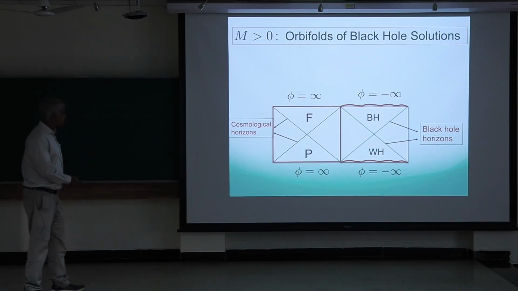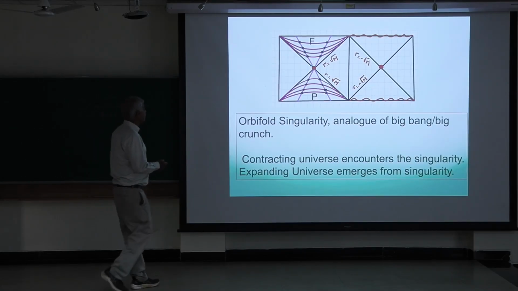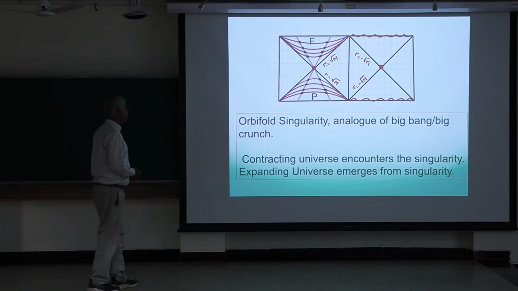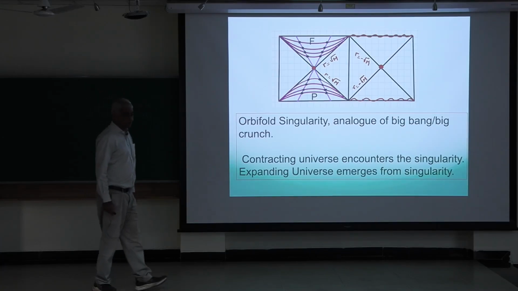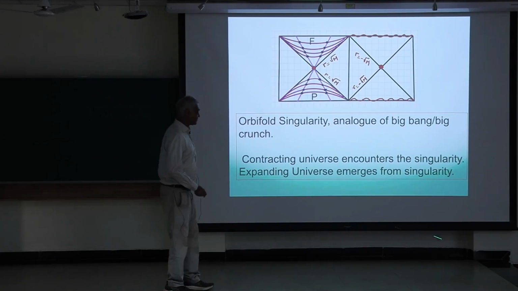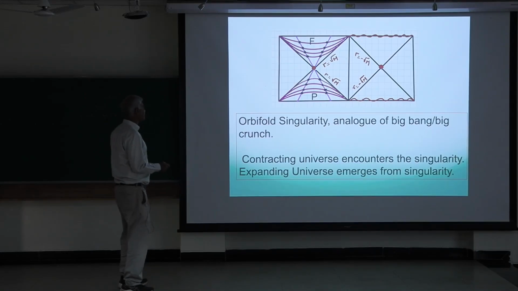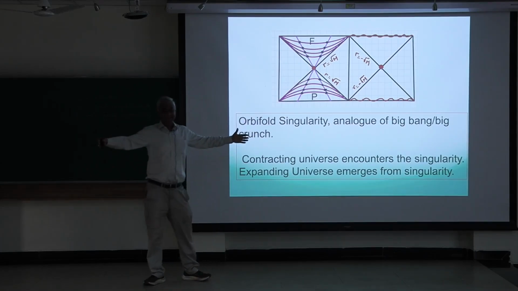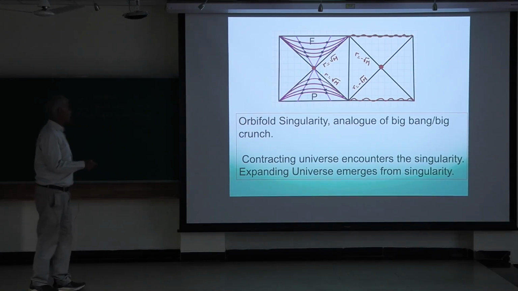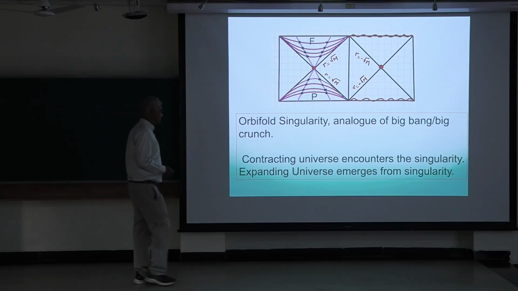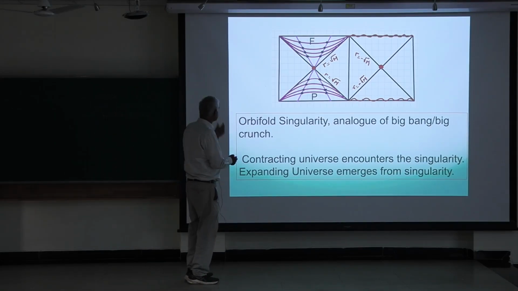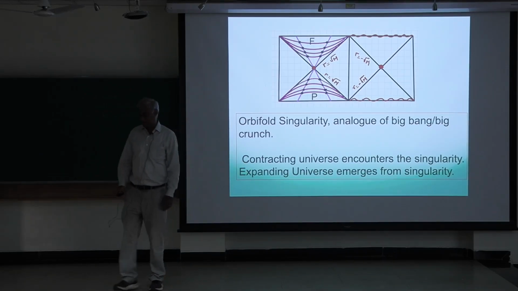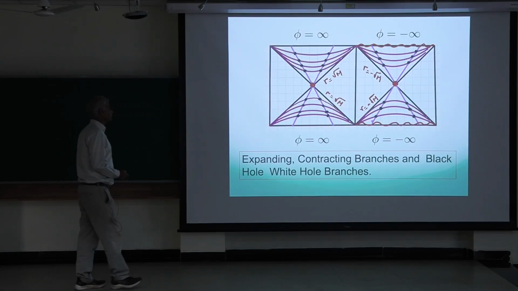Okay, so now we have this orbifold singularity here, which is a fixed point of this identification action, and so this is like a baby version of a Big Bang singularity. So you can say, I have this baby version of an interesting cosmology. It expands in the far future. It's rapidly accelerating deSitter space. If you go back, it has this kind of orbifold crunch singularity. The expanding universe is emerging from it, or in the far past, it goes towards the crunch. How is the quantum theory going to behave? That's the kind of question you can hope to try and answer.